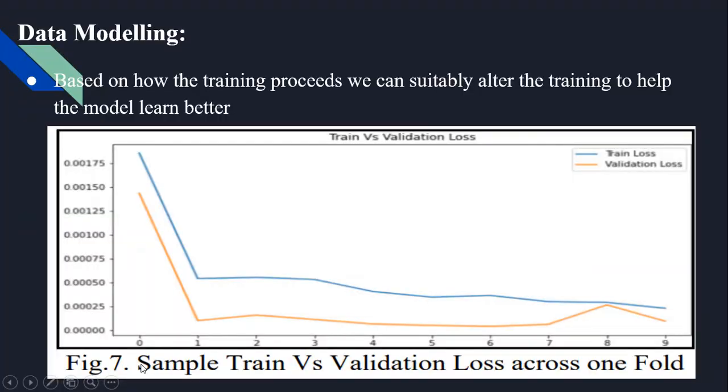Okay, so this is my data modeling, and by doing all these steps in my experimental setup, I have drawn a graphical representation using the train data and also the validation loss. We can see the graph goes slowly, like it is predicting one by one, one by one, so far.